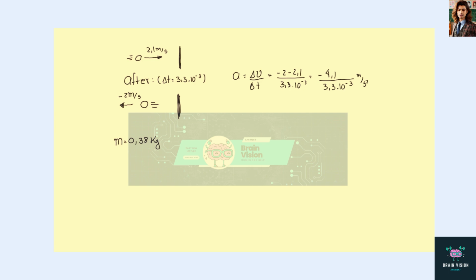acceleration. Now, to calculate the net force that had been acting on the ball during this time interval, we can use Newton's second law, which says the following. The magnitude of the net force is equal to the mass of the ball times the acceleration. Then, the magnitude of the net force is equal to 0.38 times minus 4.1 divided by 3.3 times 10 to